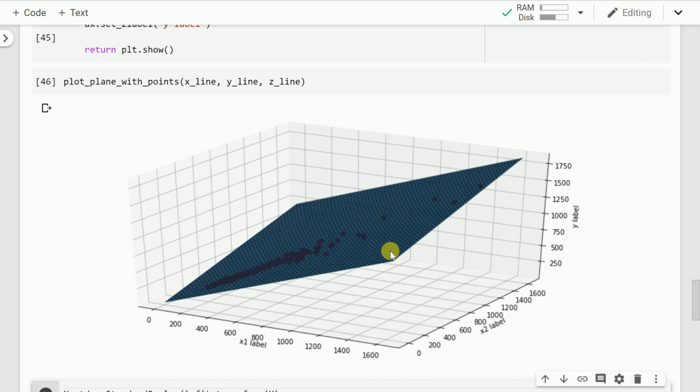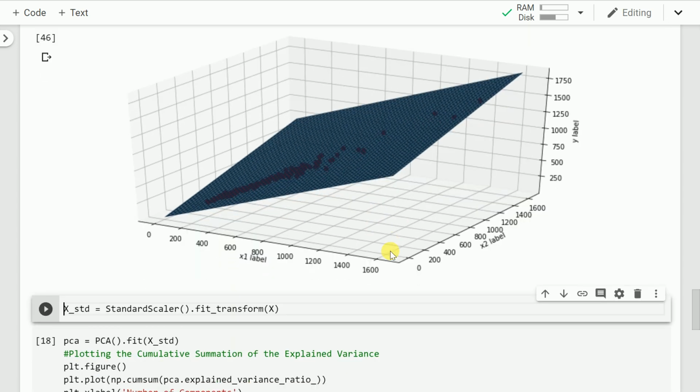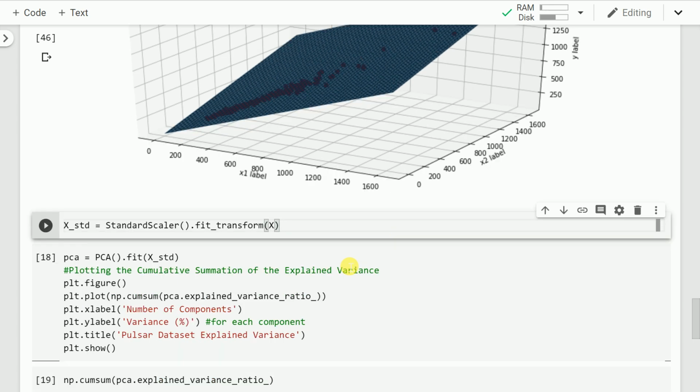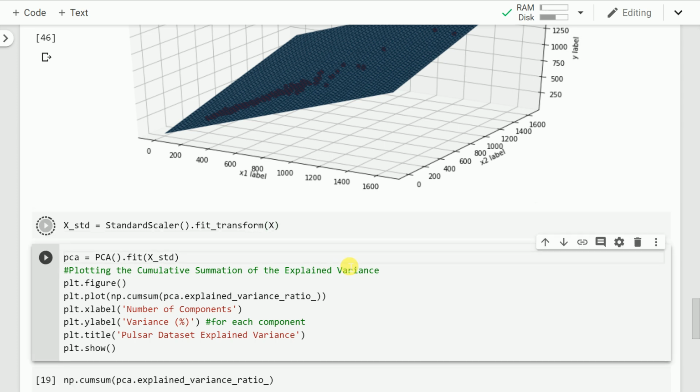Now that we have understood that there is multicollinearity in the data, let's try to remove it using PCA. Before we even apply PCA, the first thing that we have to do is standardize the inputs. For standardizing, I'm using sklearn's preprocessing function called StandardScaler, which would standardize features by removing the mean value from every value of that column and dividing it by the standard deviation for that column. So I run the cell.